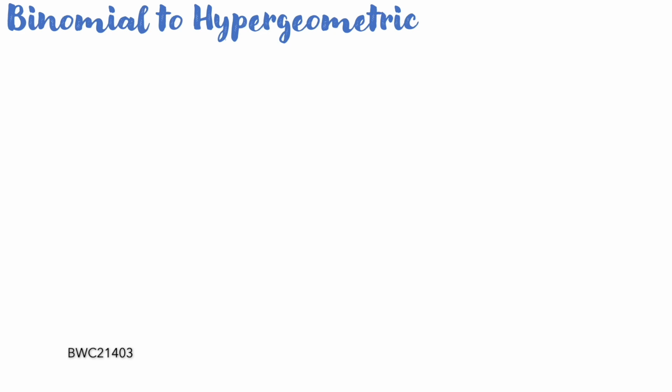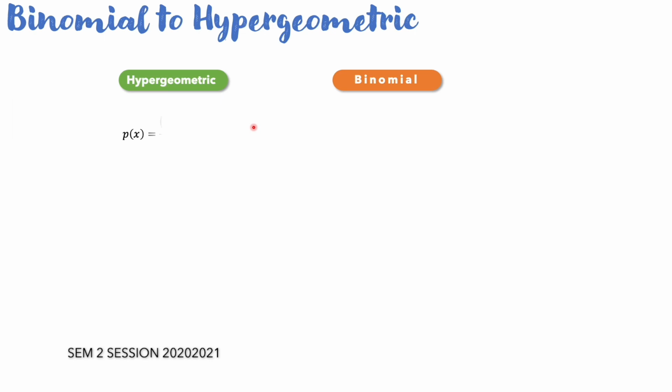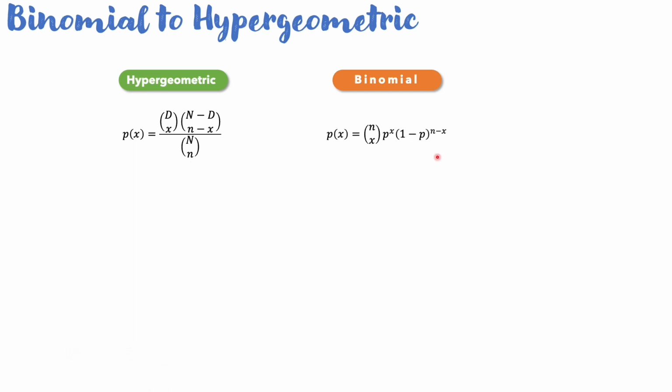Binomial to hypergeometric approximation. We know that the formula or the model for hypergeometric probability distribution is this one, and for binomial is this one, right? So we are pretty familiar with these two formulas or functions or probability models. These are different names for this. And for the approximation in which we can use binomial, this formula, to estimate or approximate the probabilities in hypergeometric